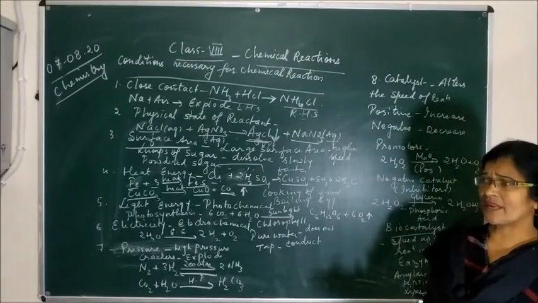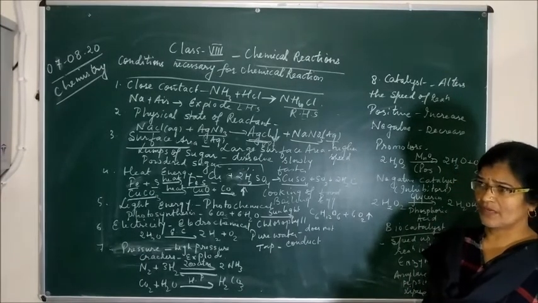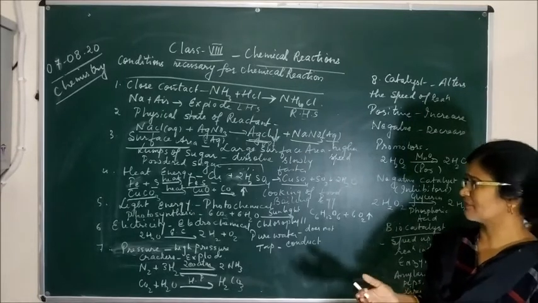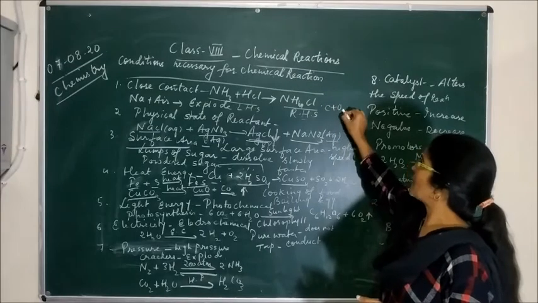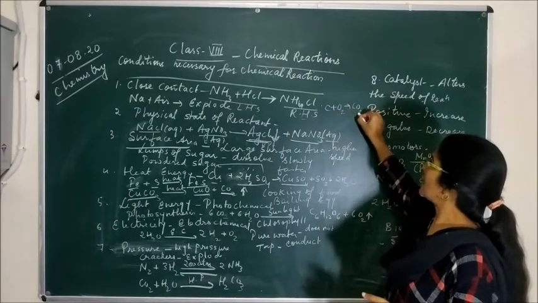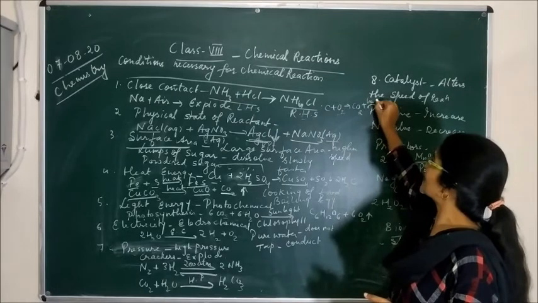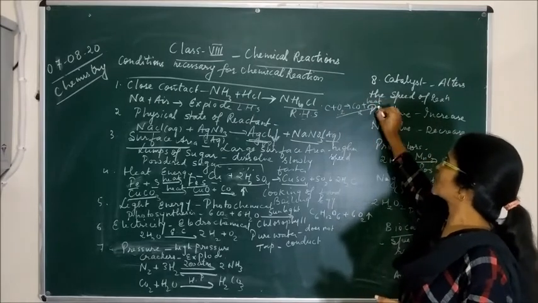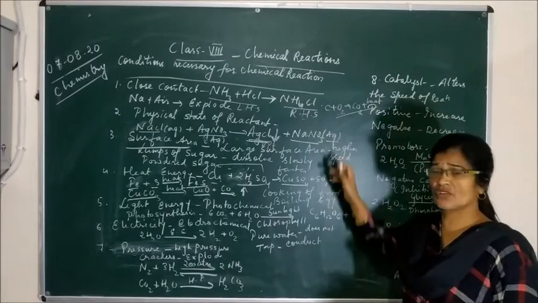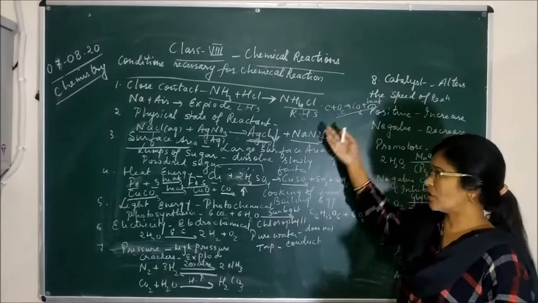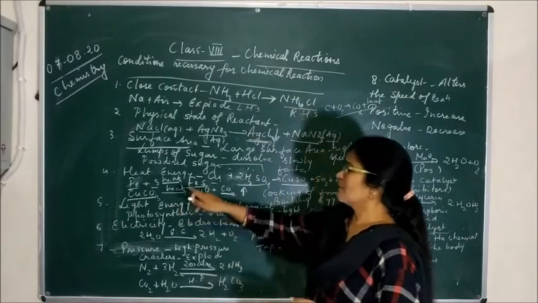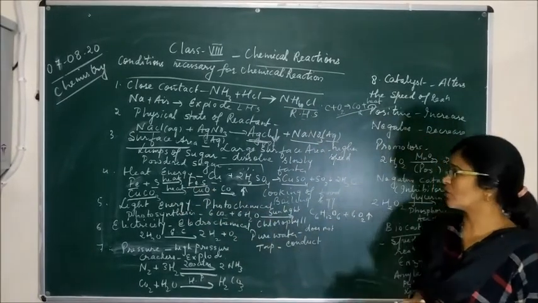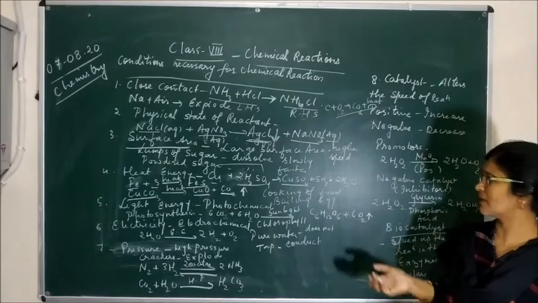But in some reactions, like whenever we burn wood, wood contains carbon, and when it combines with oxygen, it forms carbon dioxide. Here carbon dioxide gas is produced plus heat energy is produced. So this type of reaction is called an exothermic reaction, because here the heat is evolved. But in this reaction, copper carbonate, when it is heated, the heat is absorbed and it forms copper oxide and carbon dioxide.